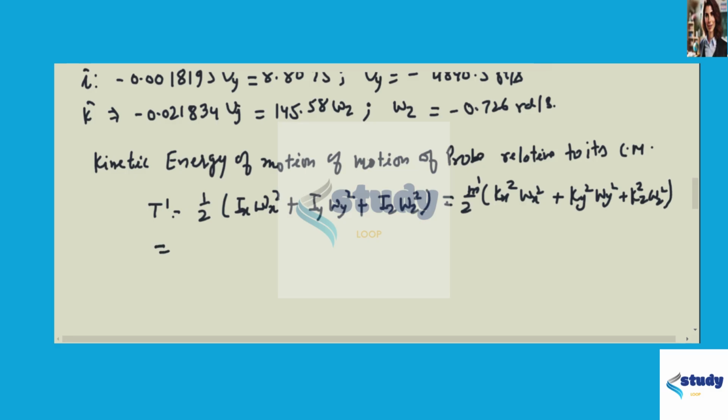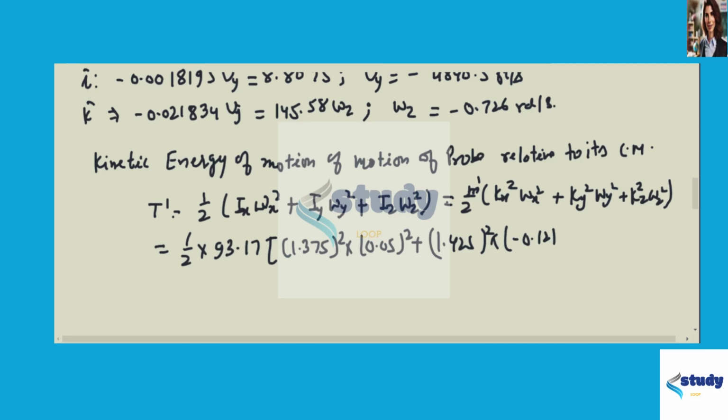Substitute the values. m dash is 93.17, kx is 1.375 whole square, omega x is 0.05 square, ky 1.425 square, and omega y is minus 0.12 square, kz 1.250 square, omega z minus 0.726 square. So on solving it, the final kinetic energy of the space probe is